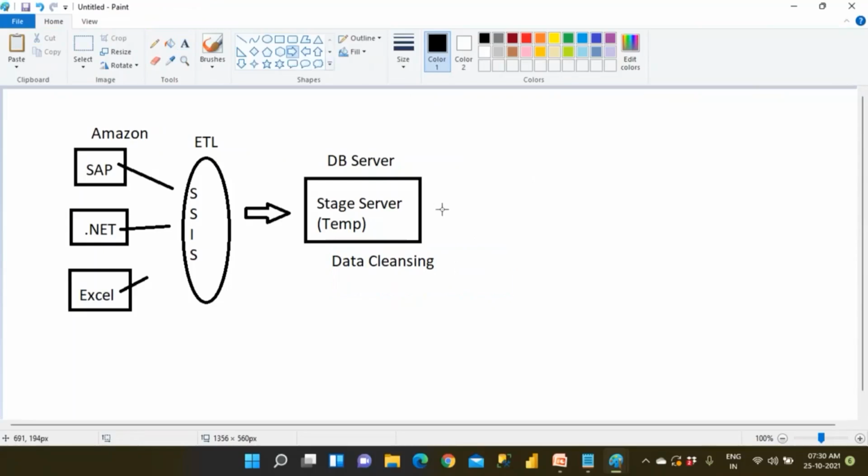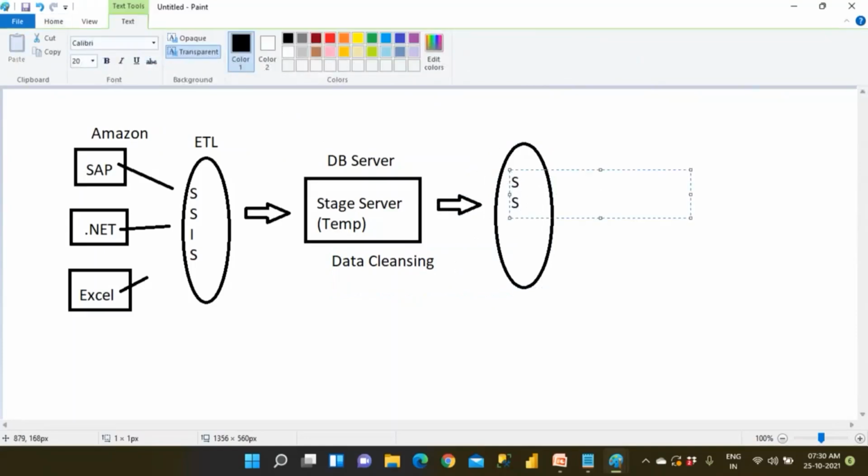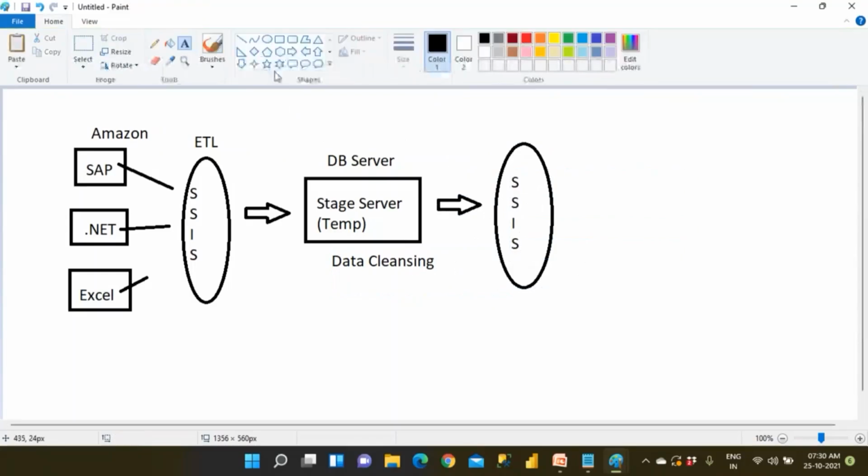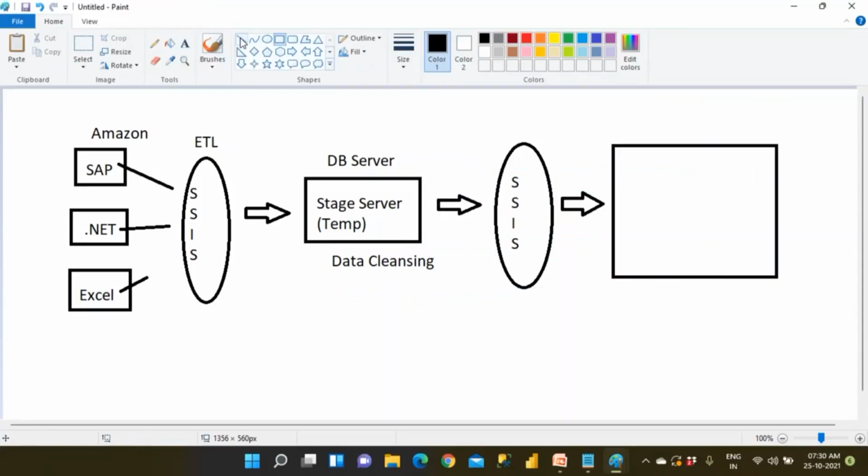So later, all this data, with the help of SSIS, is going to go to a data warehouse. So we got a large amount of data here.